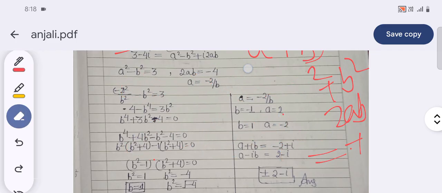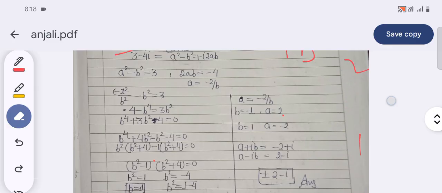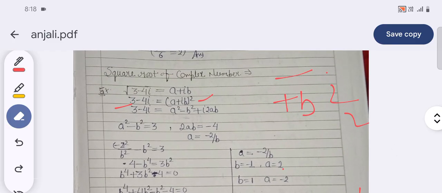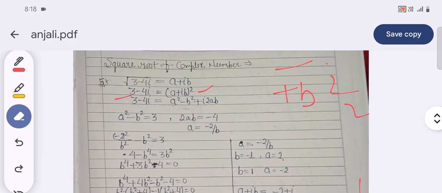It is clear? So 3 minus 4 iota is equal to a square minus b square plus iota 2ab. And in this equation, a square minus b square is the real part and 2ab is the imaginary part. So if you compare this equation,